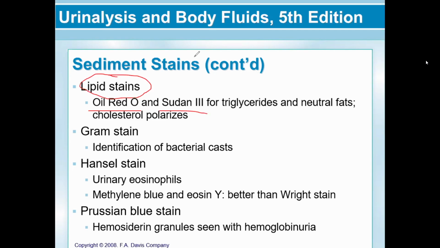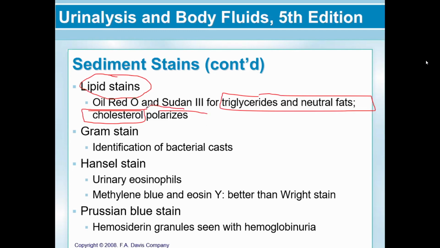Okay? So guys, remember, when we're using Oil Red O and Sudan III, we use them to identify your triglycerides and your neutral fats. Why? When we stain triglycerides and neutral fats with Oil Red O and Sudan III, their color is orange-red. But cholesterol, when you stain it with Oil Red O and Sudan III, has no color. Okay? So, ma'am, how can I confirm, for example,